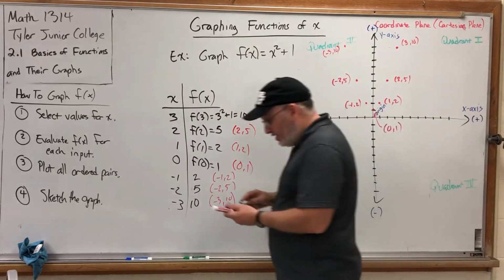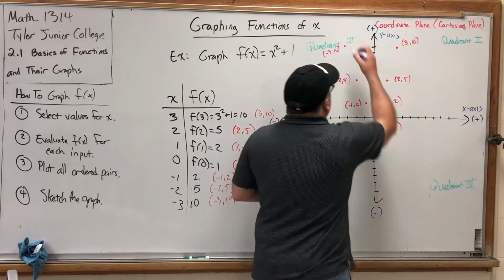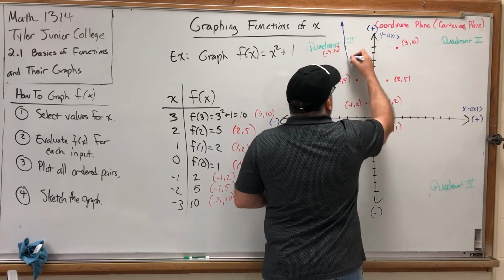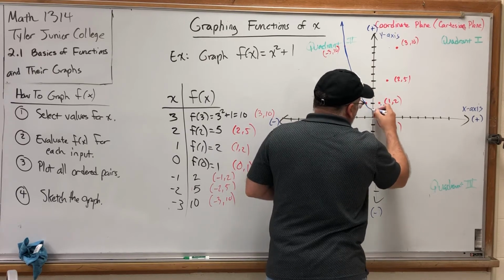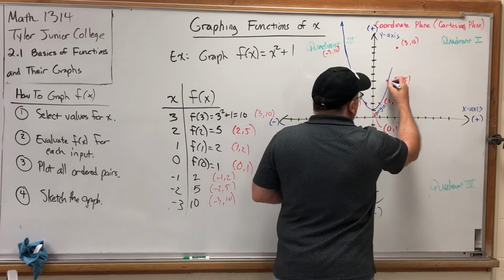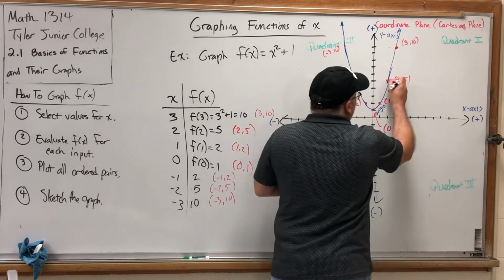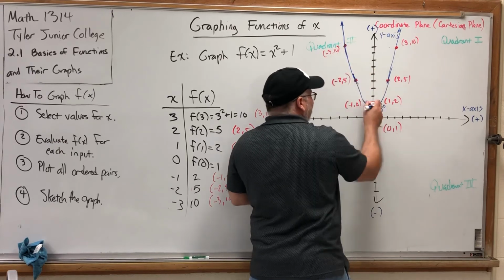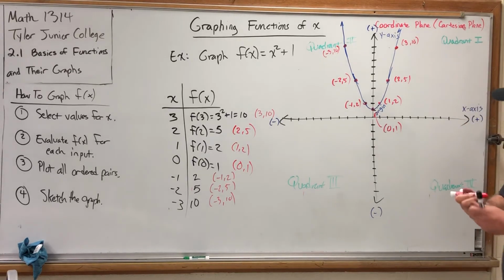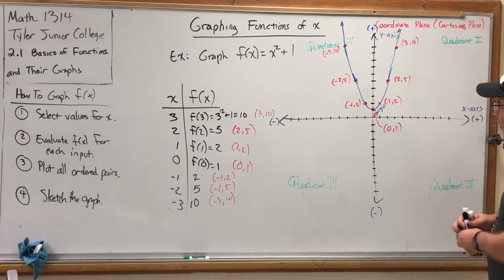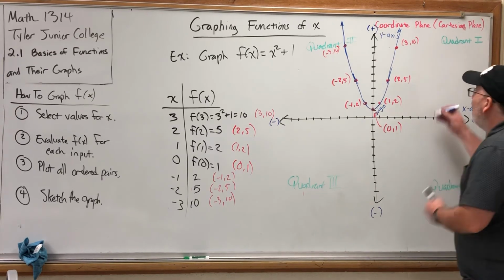Did you know before I sketched the graph that it was going to be what's called a parabola? Here. Kind of looks like a U shape. It looks fairly linear on its ends because it's so steep you can't tell that it's not a line. If your graph misses your dots, just make your dots bigger. It's a lame way to hit the points, but as long as the points are labeled, we're okay. So the graph of f(x) = x squared plus 1 is this shape called a parabola,